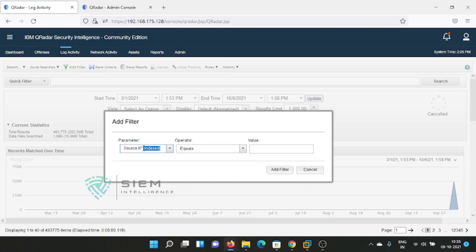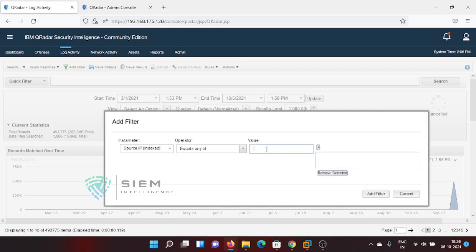Okay, and this is one of the easiest mechanisms. If you want to do some basic activity and take out the things, you first try to pick the index data only. So for source IP index, I am trying equal. See, there are some operators: equal, does not equal, equals to any of. What is the difference between equals and equals any of? Equals means single IP. Equals any of means multiple IPs. Does not equal to any of means multiple, it will be negative to equal. So I will select something like equals or equals any of.